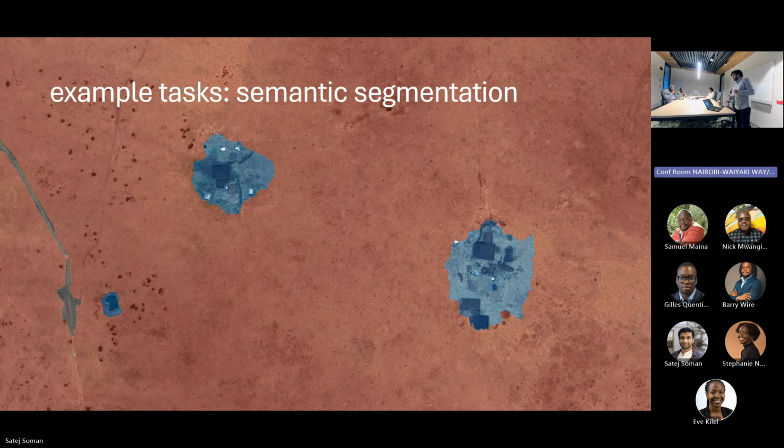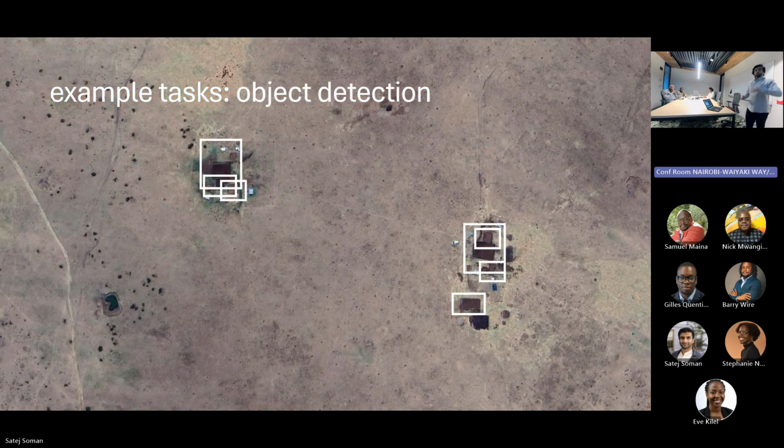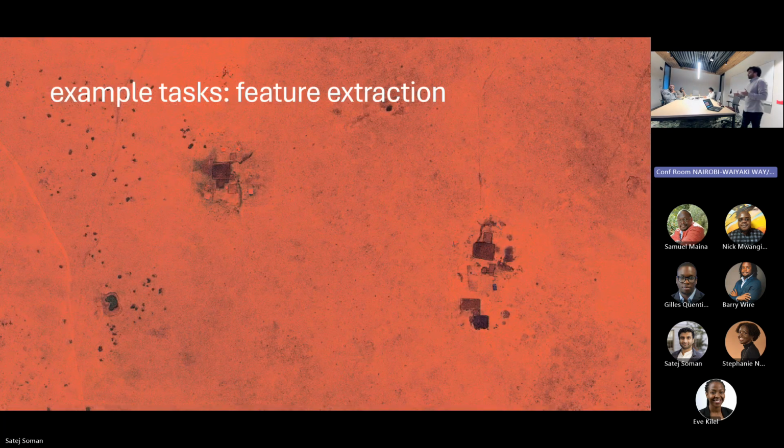Or you might want to be a little more specific and do object detection, where each of the buildings in this case, that's the class that we care about, their bounds are delineated in the image. And finally, you might just want to run the image through an existing deep learning model and use that as a feature extractor backbone for a downstream task. But you might want to visualize or look at what the feature representation is of your input images.